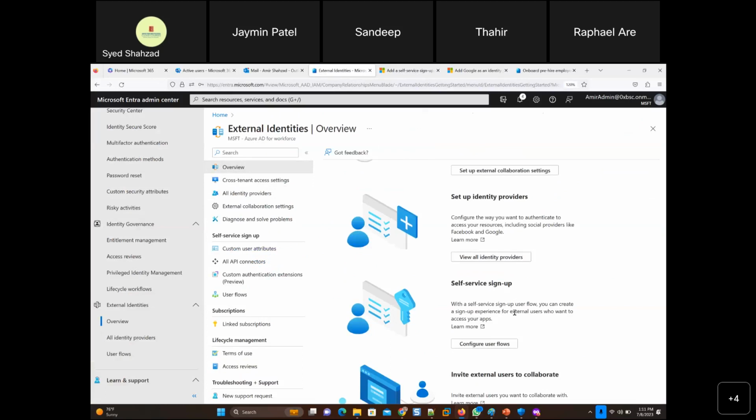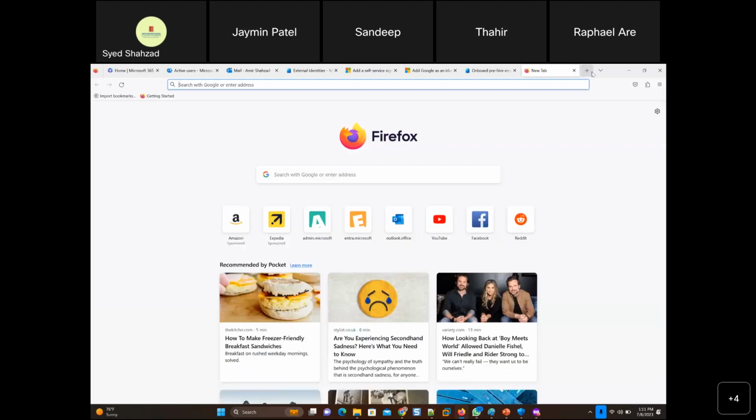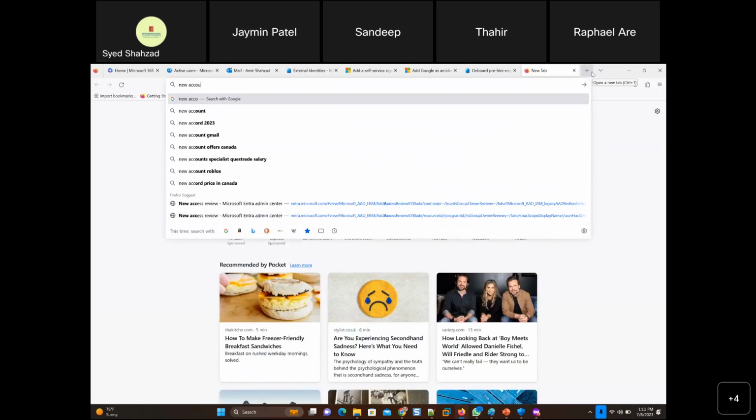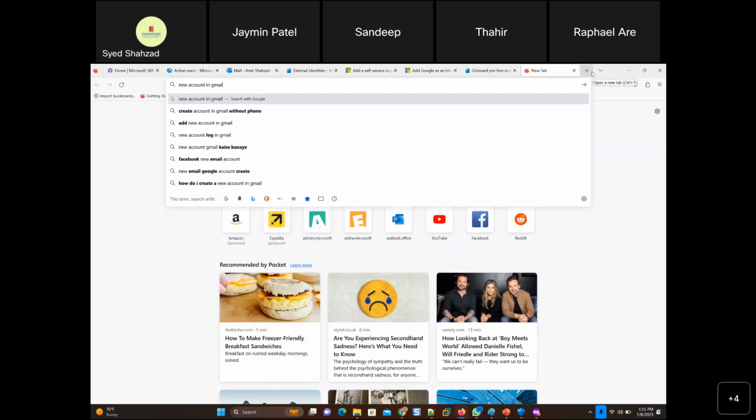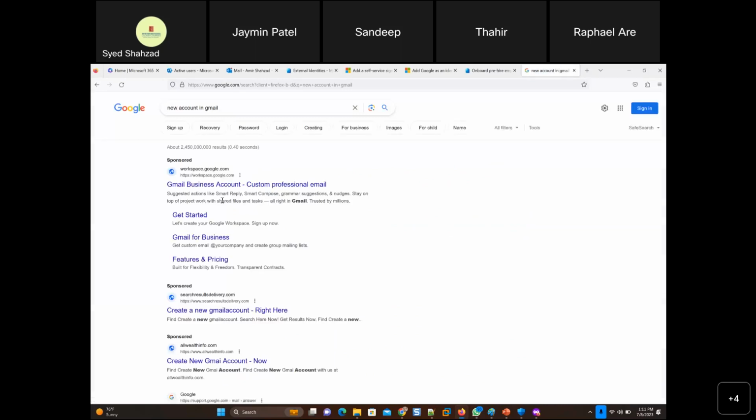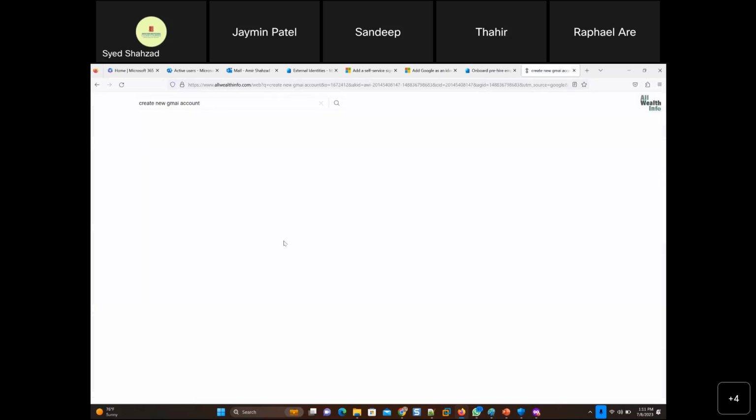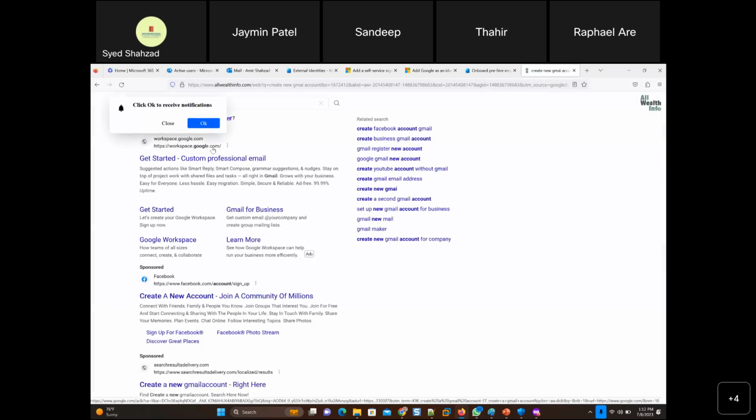With a self-service sign up user flow, you can create a sign up experience for external users who want to access your apps. So self-service is like you go to new account in Gmail, right? So this is your self-service sign up. Create a new Gmail account, right? So it's kind of self-service that